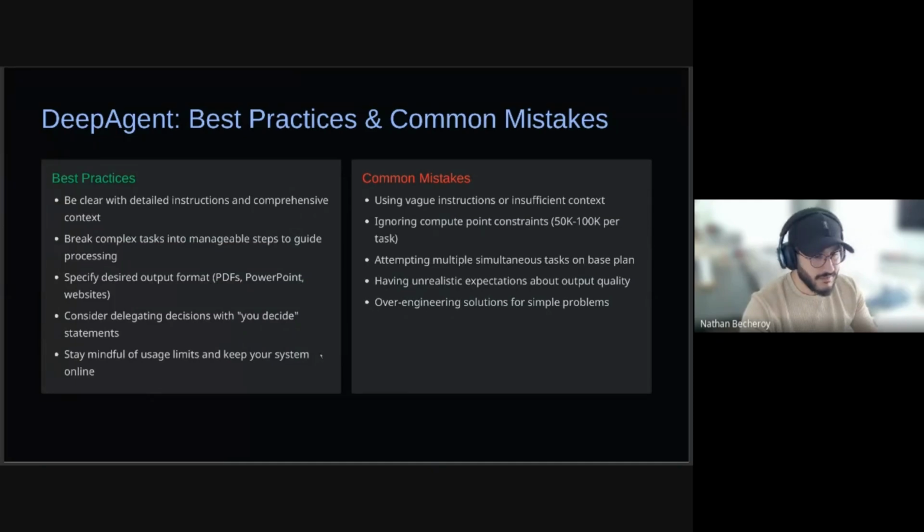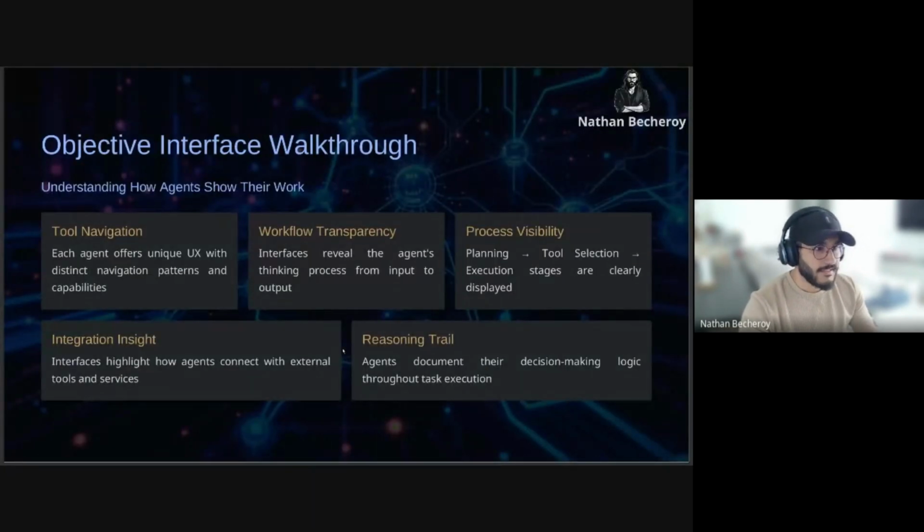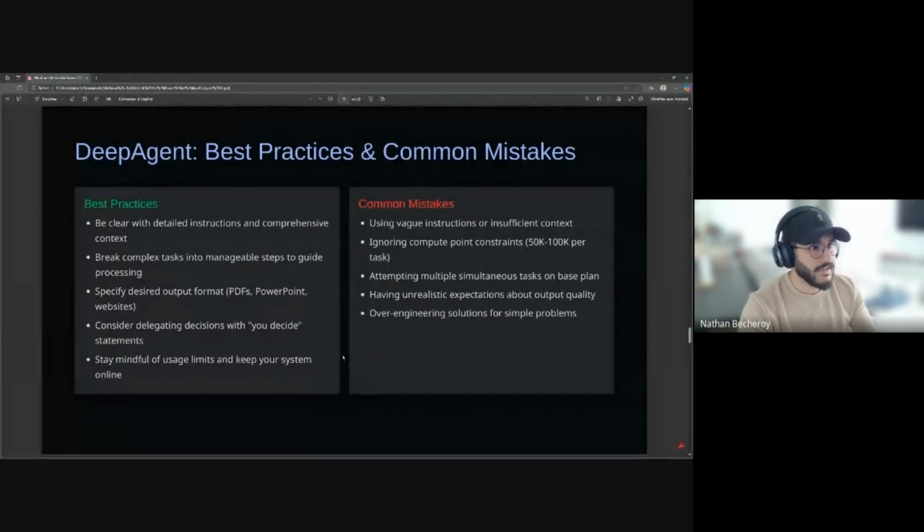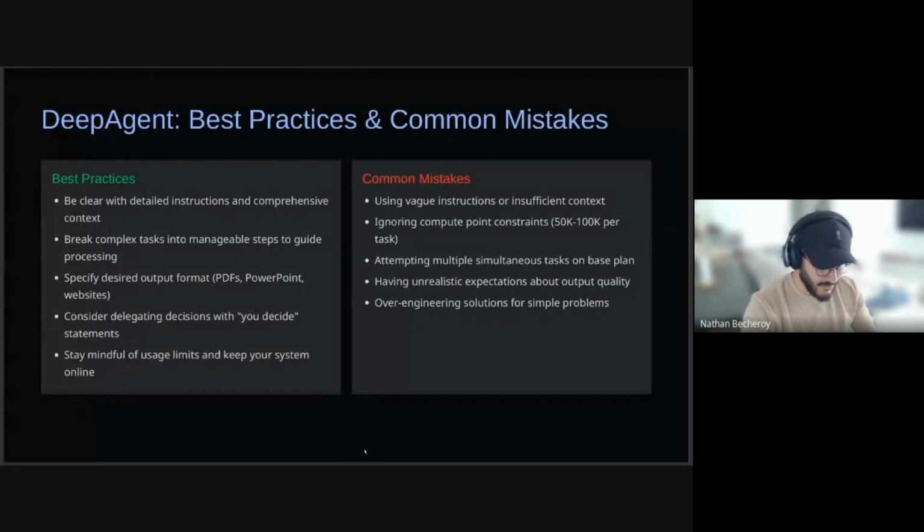Best practice and common mistakes are the same as for the others. I will not talk about them; really the same. Let's now go and see DeepAgent and the Abacus tool.